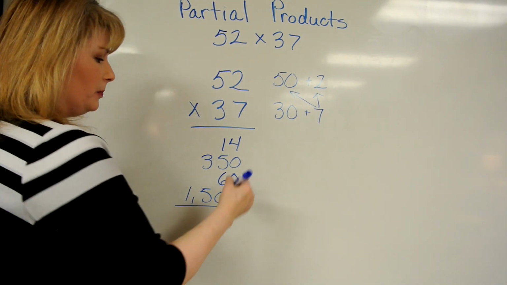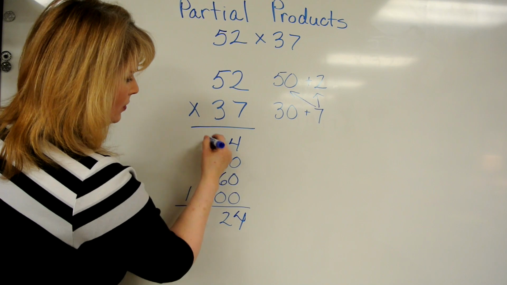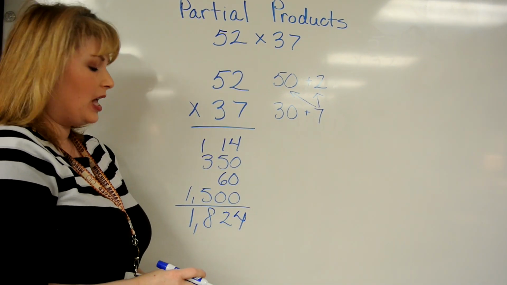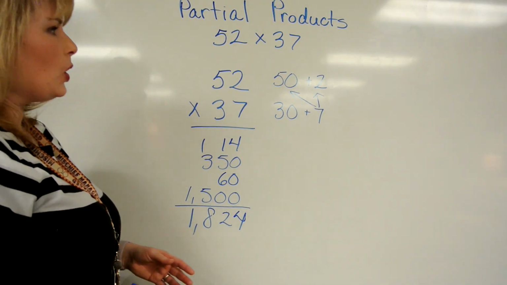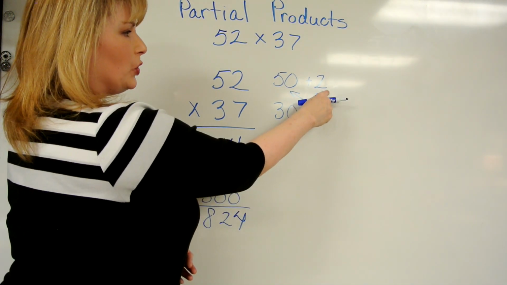And then you add them up. $1,824. So, and the reason you call it multiplication wrestling is the 7 gets a turn with the 2, the